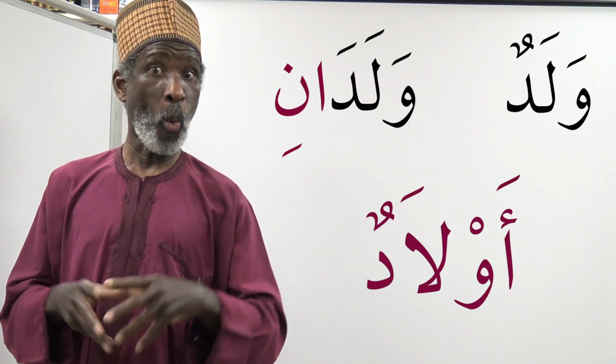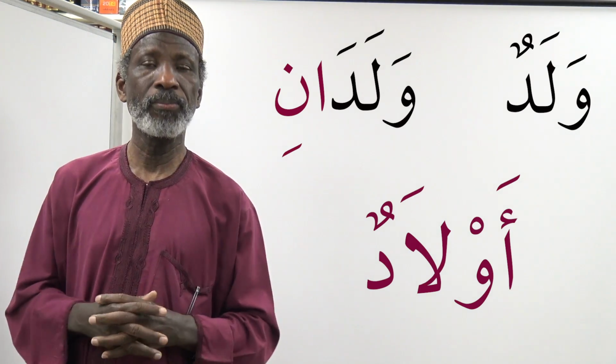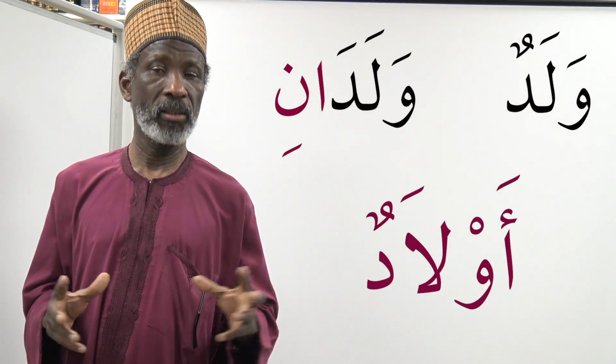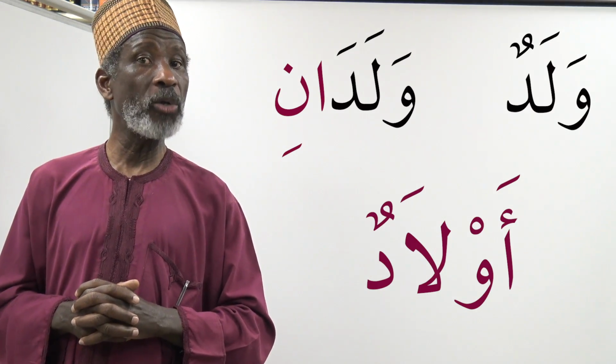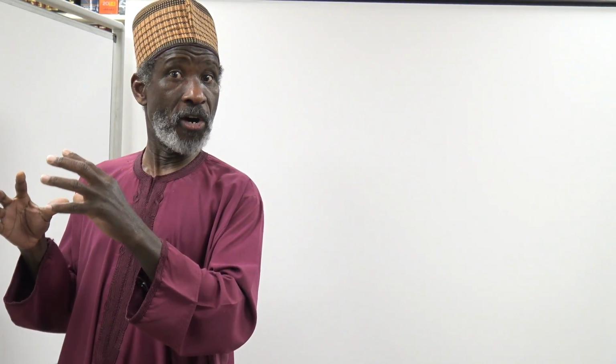Previously we learned that waladun, that's a boy, waladani, that's 2 boys. Boys is awlad. Okay, let's now say 3 boys. So because boys, they are masculine, you have to use the feminine version of number 3, which means the one with ta marbuta. So we will say